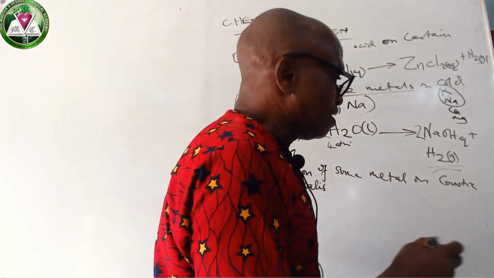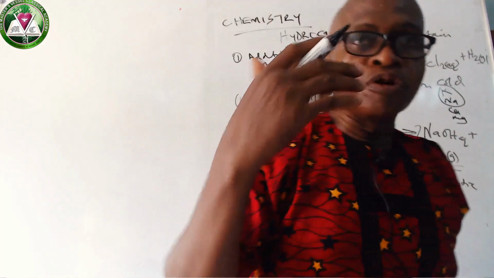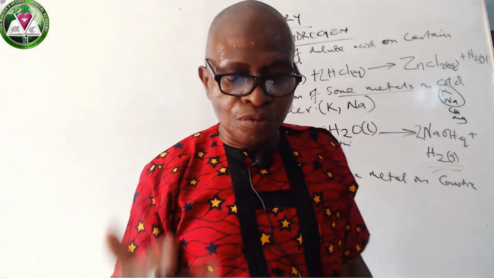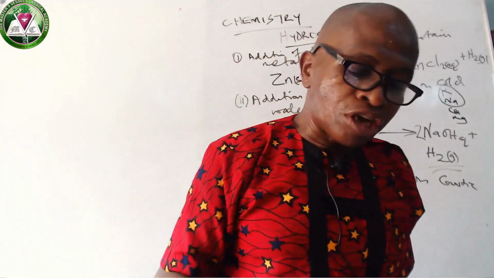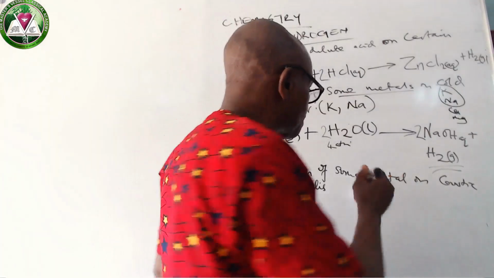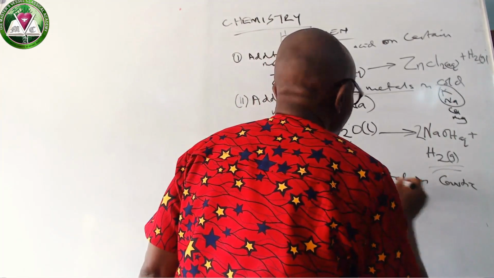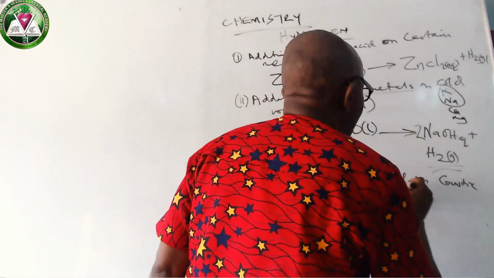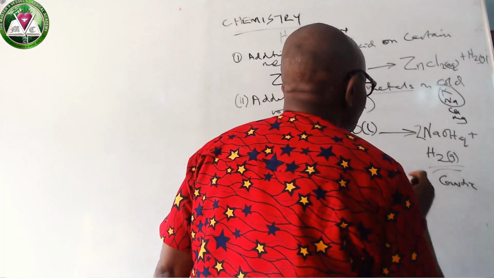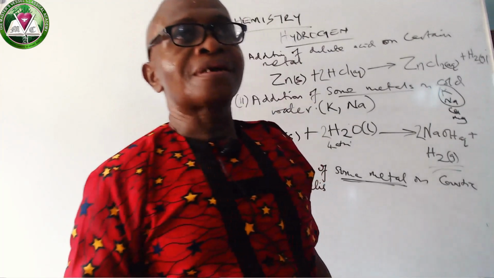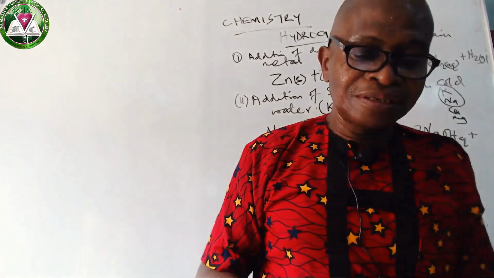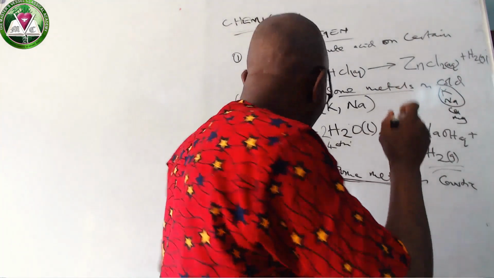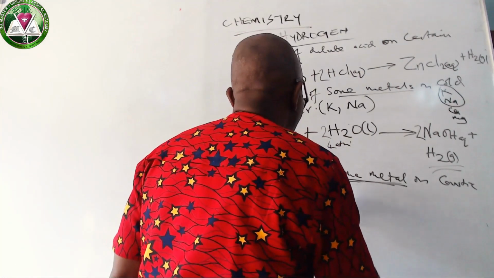These caustic alkalis are things like potassium hydroxide and sodium hydroxide. When we say some metals, they are actually metals that can react with acid and base. And such metals are aluminum,